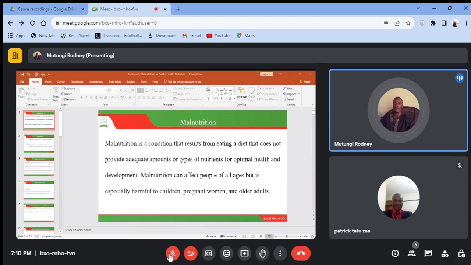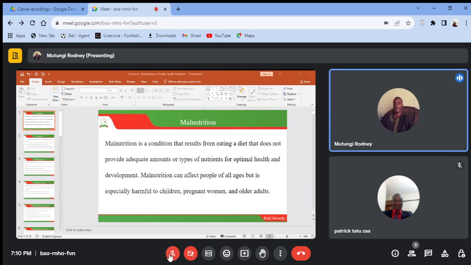Then the other concepts are more of these conditions. Kwashiorkor and marasmus arise from lacking those essential macronutrients like proteins and carbohydrates, and it is characterized by having edema, muscle wasting, and then sometimes when it is not treated early enough, you can have organ failure from these two conditions, kwashiorkor and marasmus.